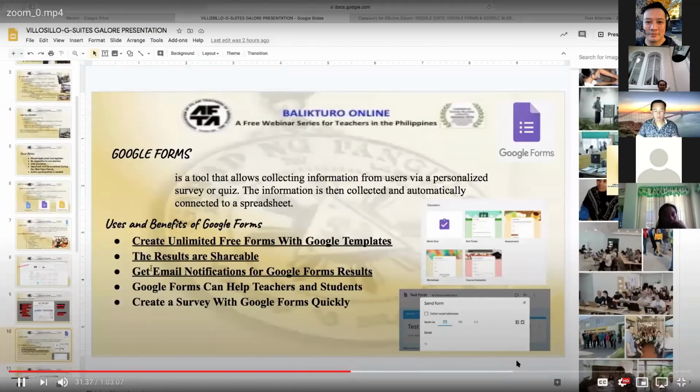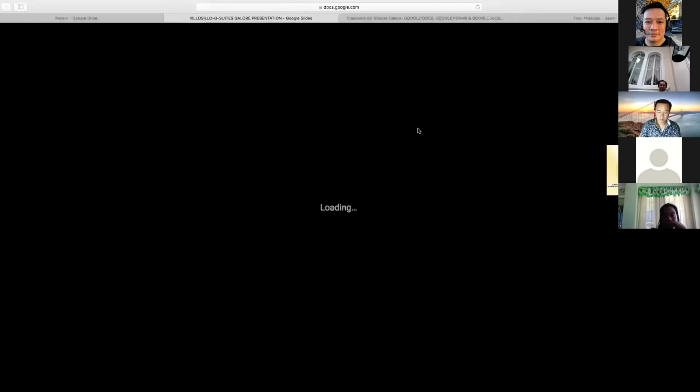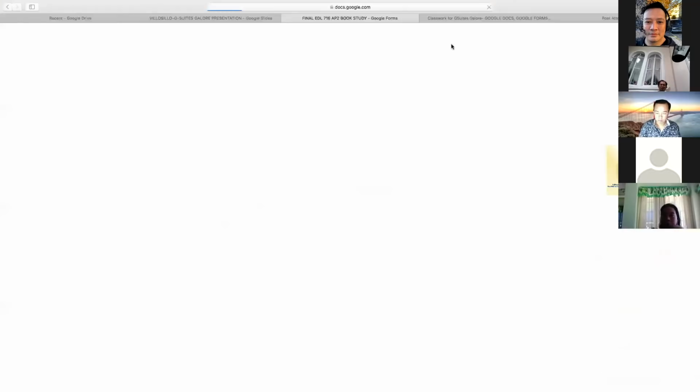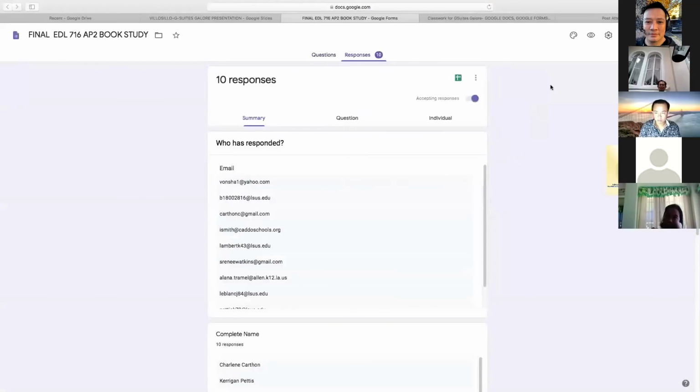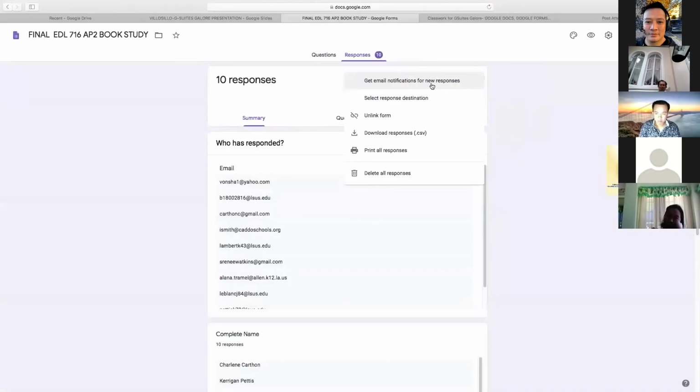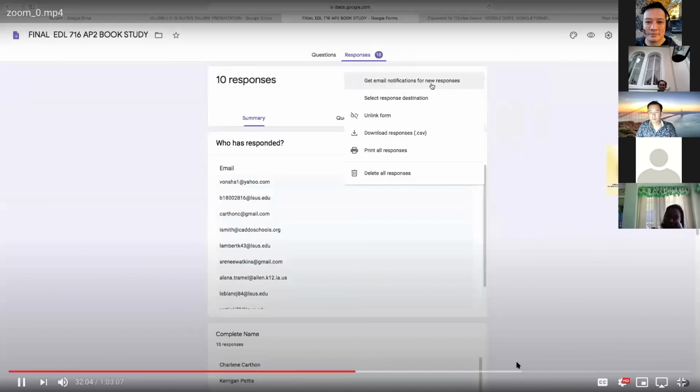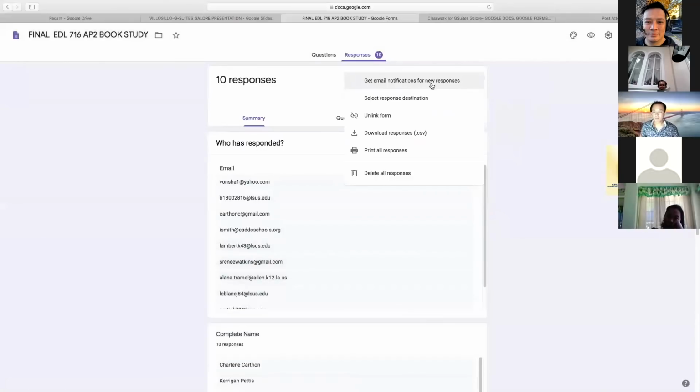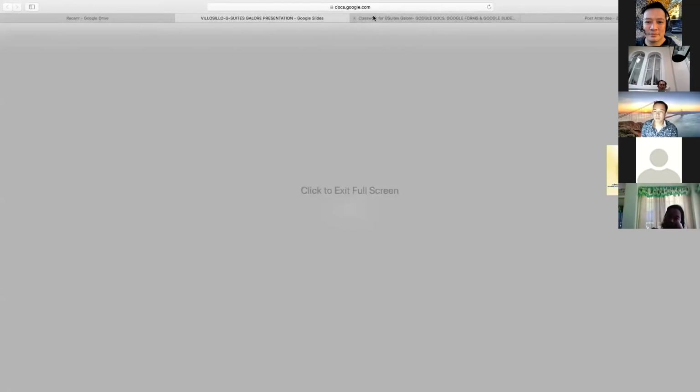I've already shown you how to get email notification in that form, but I'm going to show you one more time. When you want an email notification, it's just right there. Go back to the three dots, click, and then click that one right here. It will say get email notification. So every time your students send you a response, you will get an email saying, oh, Juan Garcia made a response to the survey that you sent to the students. So you will see if that particular student has already responded, okay? All right, now let's move on.